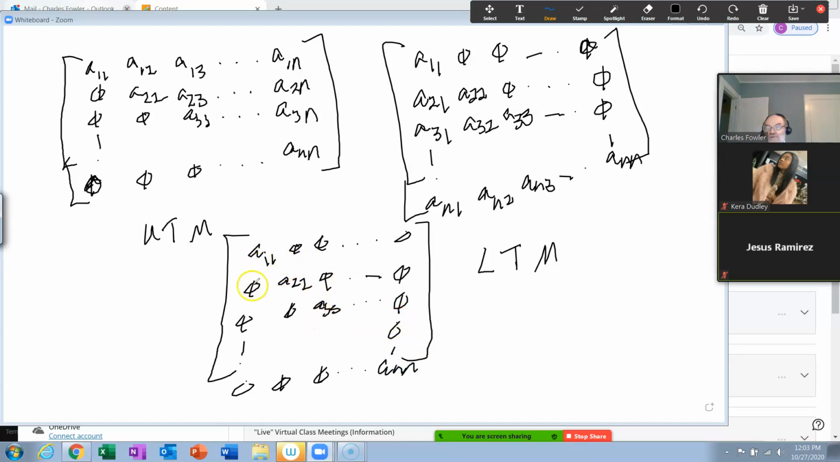Okay, so everything above the main diagonal is a 0. That makes it a lower triangular matrix. Everything below the main diagonal is a 0. That makes it an upper triangular matrix. But if it's both of those, what you have is called a diagonal matrix, because the only entries are on your diagonal. The only non-zero entries are on your diagonal. Okay, that's called a diagonal matrix. Okay, now